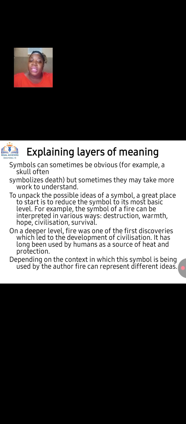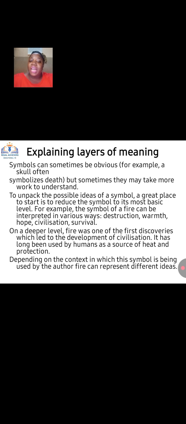Symbol can sometimes be obvious. For example, a skull often symbolizes death, but sometimes they may take more work to understand. To unpack the possible ideas of a symbol, a great place to start is to reduce the symbol to its most basic level. For example, the symbol of a fire can be interpreted in various ways as destruction, warmth, hope,